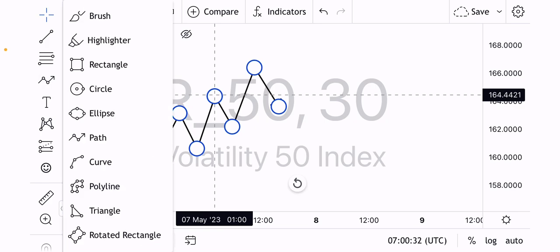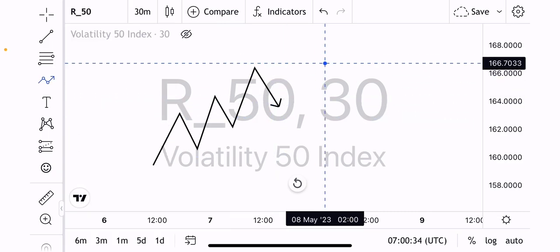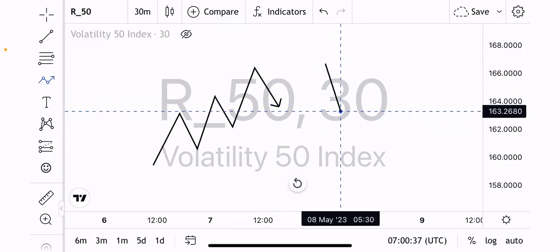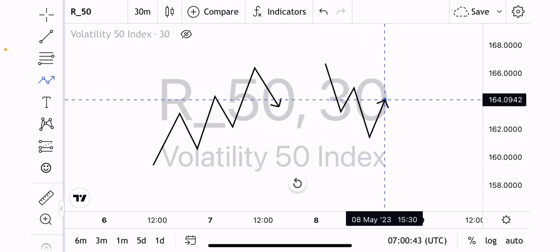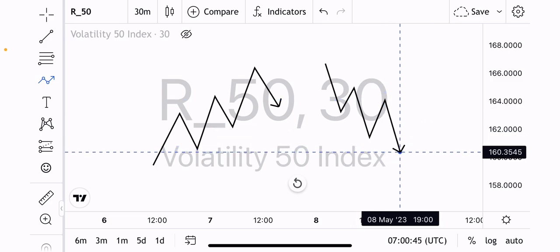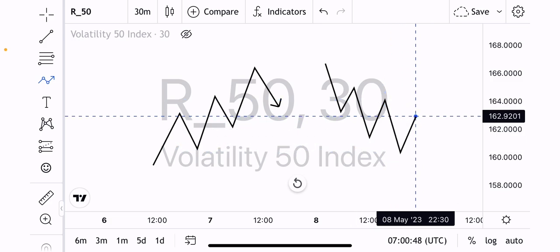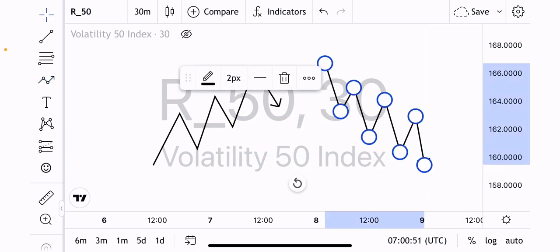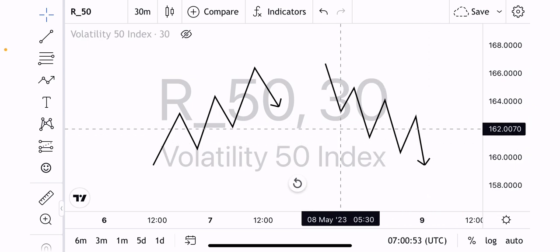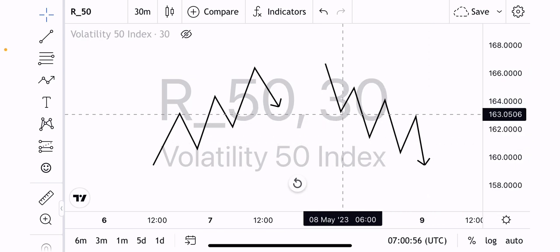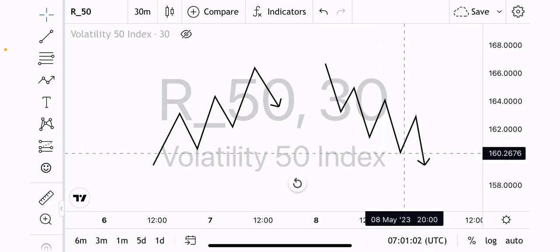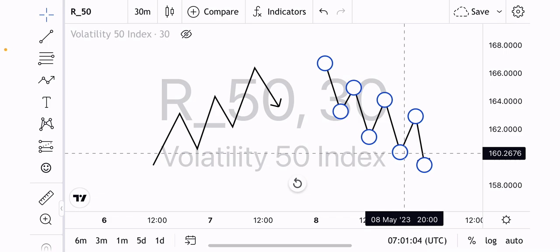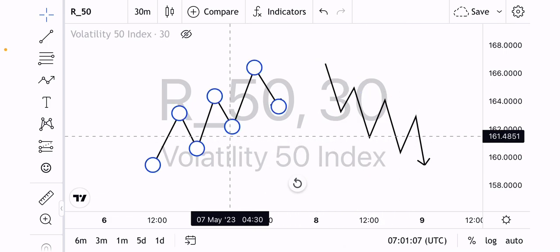In a downtrend also, we are expecting the market to violate the lows. That is what we classify as our external liquidity. This low is an external liquidity, this low is an external liquidity, and this is also an external liquidity. The lows are the external liquidity in a downtrend, while the highs are the external liquidity in an uptrend.